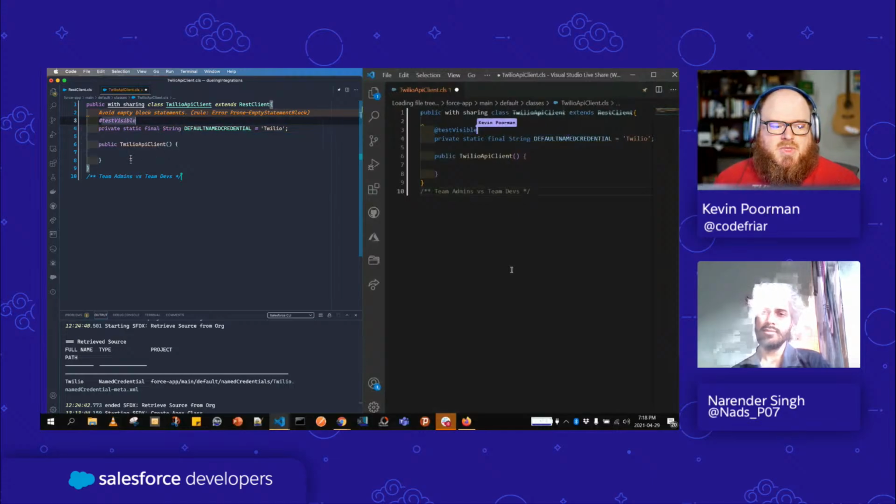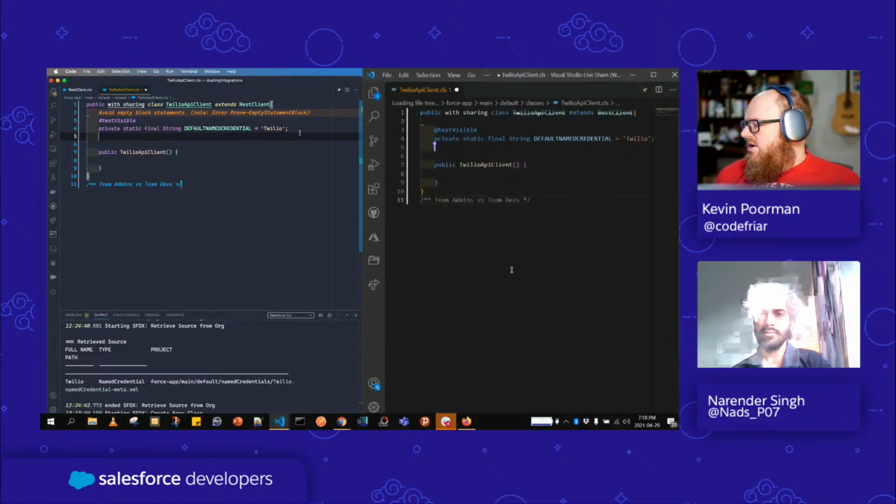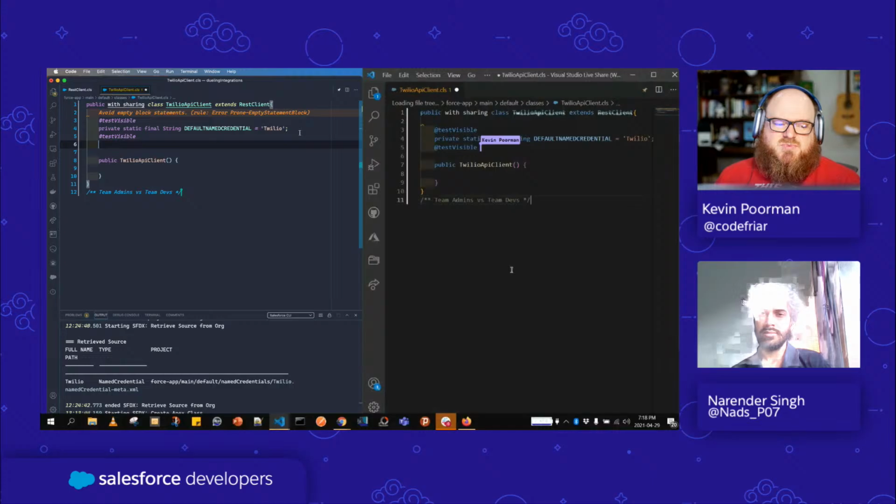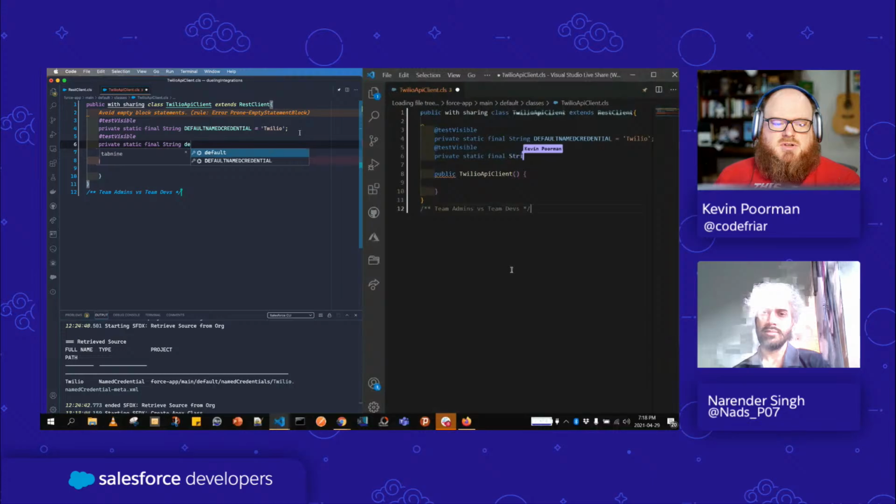That'll be helpful. And then I'm also going to say we're going to have a default path. So we'll say @TestVisible. Why TestVisible? Because I'm making these private. So private static final String default path. I should make that capitalized. Default path, and I'm going to say this one is